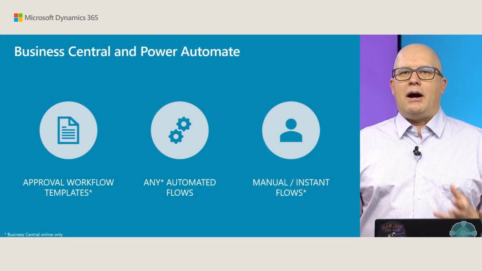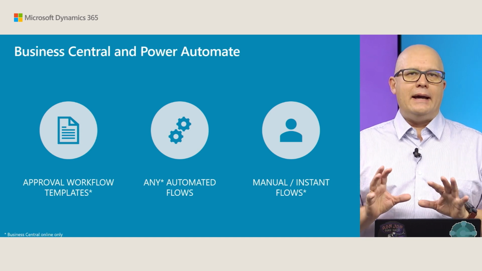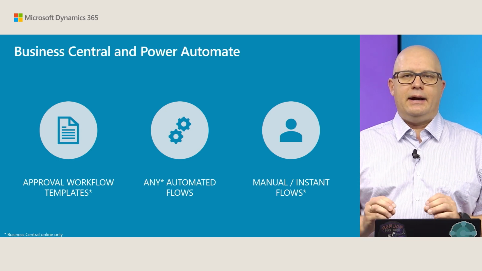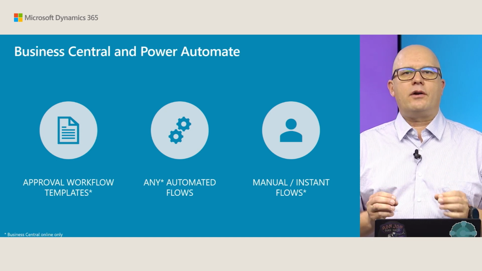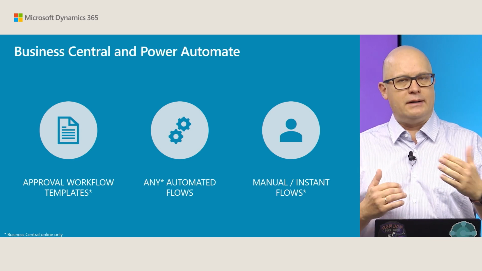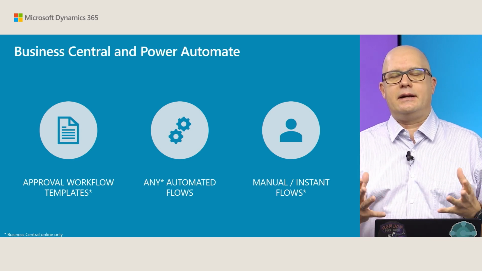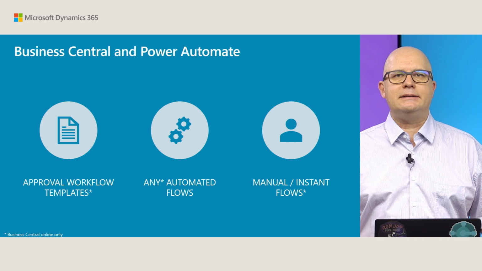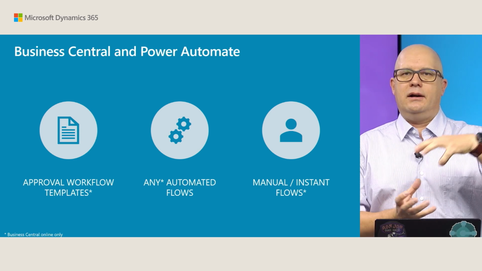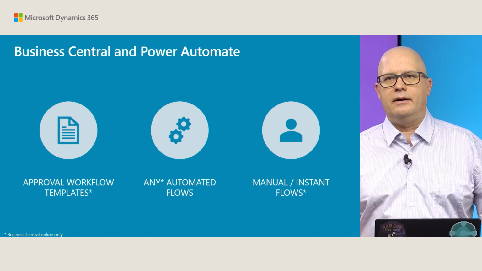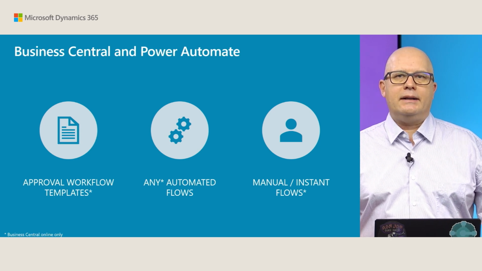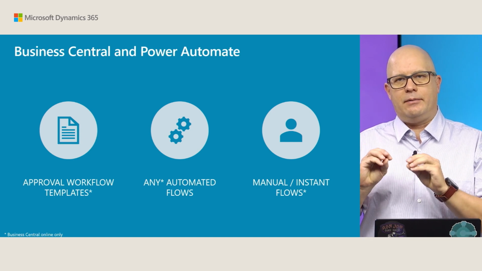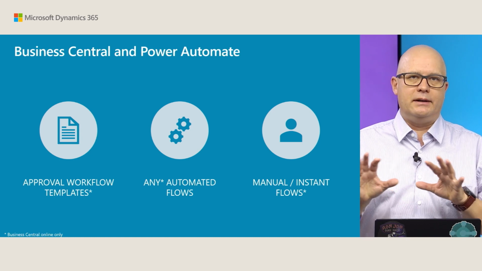So Business Central and Power Automate. You have 3 different ways to build automations with those 2 tools. And of course, the approval workflows and the templates for approvals for documents and actions, this is probably a main area, and an area that you have probably experienced already in the past. We have not changed those approval templates this time in this release, but we have added a lot of interesting functionality to all of those actions and capabilities of the connector, so those allow you to build a little bit more advanced